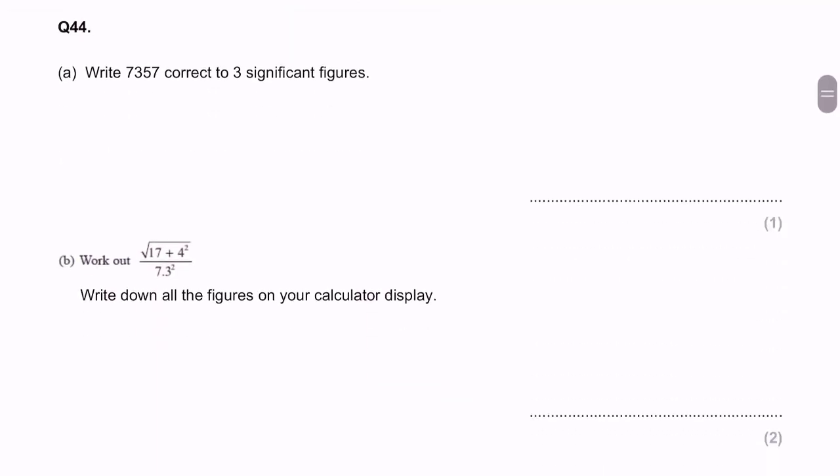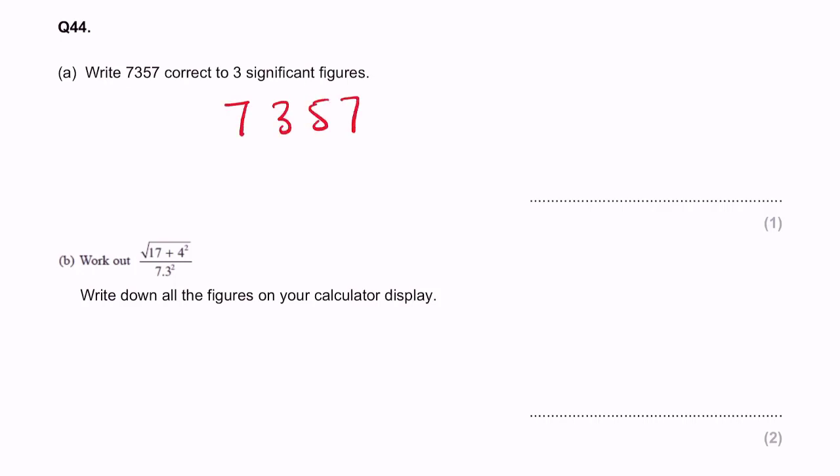Right, 7,357, go to 3 significant figures. So we've got 1, 2, 3 significant figures, draw the line. Oops, a bit too long. So draw the line here, so the number after the line is, let's write it out here, it'll be easier, nice and big,